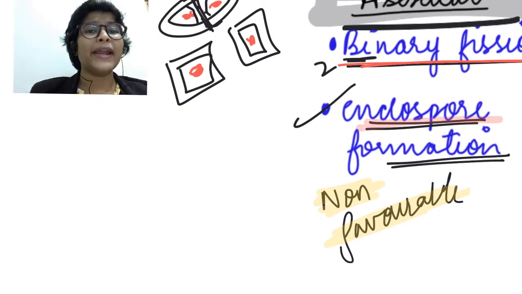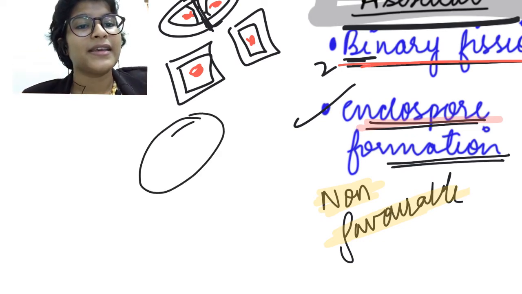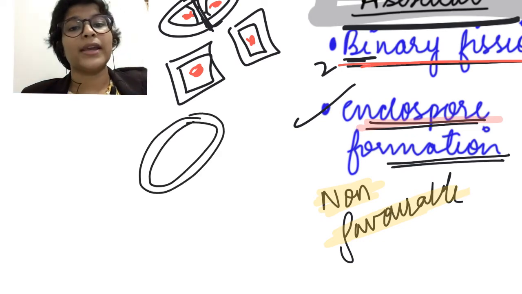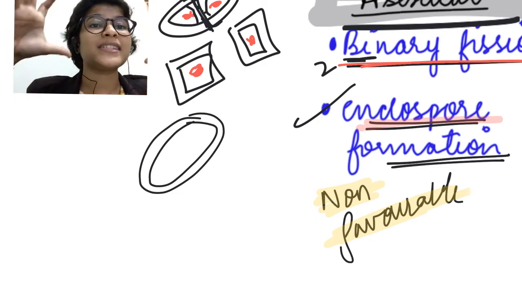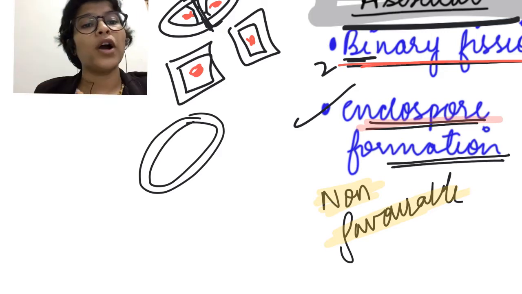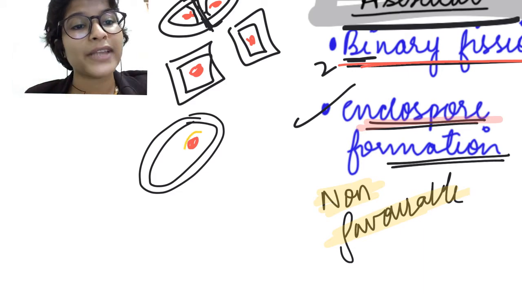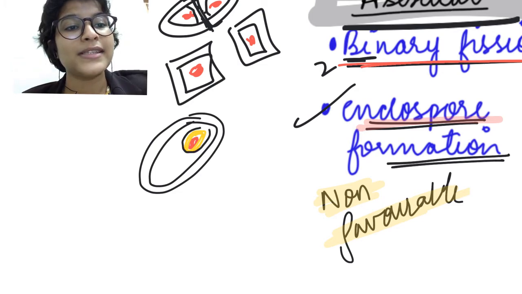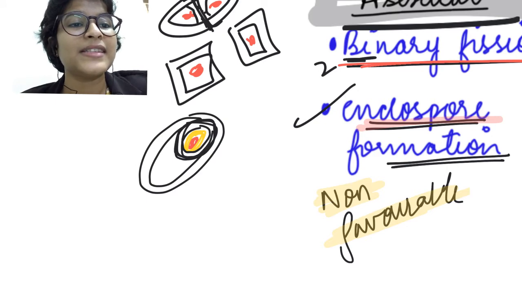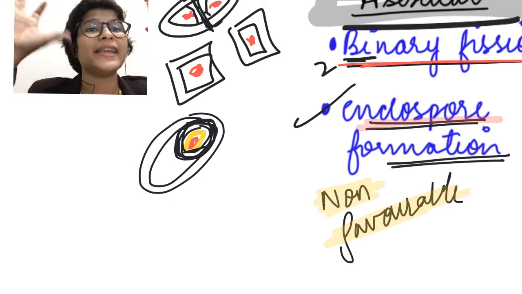ठीक है, अब ये एंडोस्पोर क्या चीज़ है? एंडोस्पोर ये हमारा बैक्टीरिया है. ठीक है, this thing is our bacteria. Okay, now what happens is this endospore is a structure that ensures that the bacteria survives in harsh conditions. So वो अपना न्यूक्लियर मटेरियल यहाँ जमा करेगा. It will gather a little bit of cytoplasm around it and then it will form cell wall, which is trilamellar cell wall around it. Okay, this cell wall has certain components which ensure that it survives high grade heat.